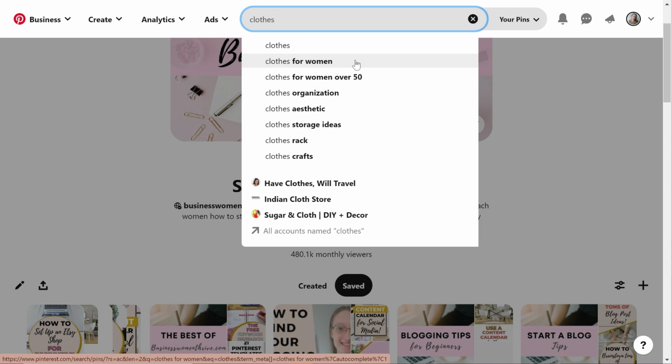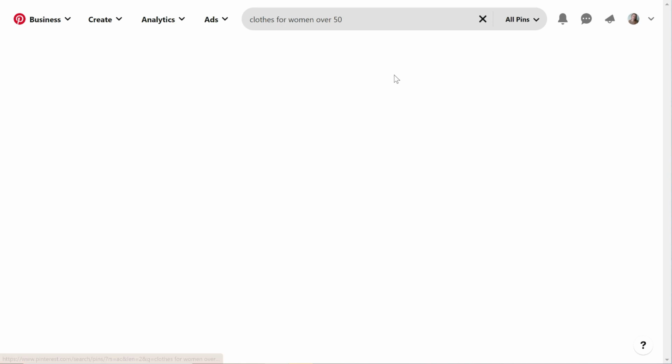So we have to kind of think about what our target audience is. So what is this board going to be targeting? And I've decided that I'm going to target clothes for women. But I can even go even deeper and say, well, I want to target in this specific board, because you can create tons of boards. You can create general boards like clothes for women, or you can even go more specific and use this search term, clothes for women over 50. So if you have one board specifically related to clothes for women over 50, that is super specific. Because the way Pinterest works is obviously whatever you pin on your board, you want it to be relevant to the board name so that Pinterest can kind of figure out what the board is actually about.